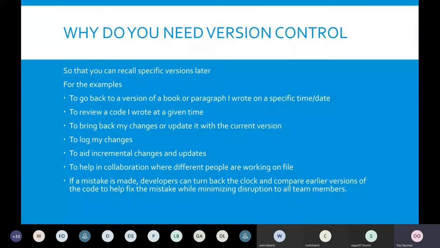And also, let's bring it into the development team right now. If a mistake is made as a developer, you want to roll back. You want to go back to where you know that your code works. Or as an automation tester, you've had a good moment, your code was working, then someone distracted you, or then your code is not working. You've tried your best to fix it, but you couldn't fix it. You want to say, okay, I'd rather just go to the previous version that was working. So you would do that using a version control